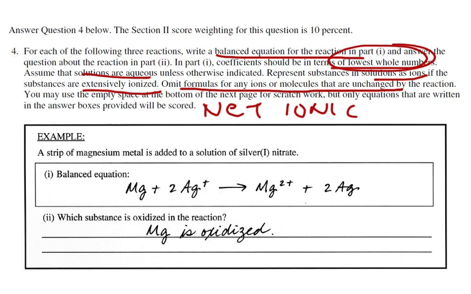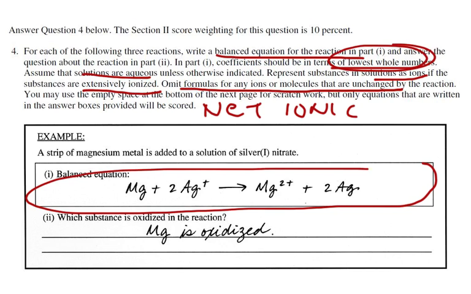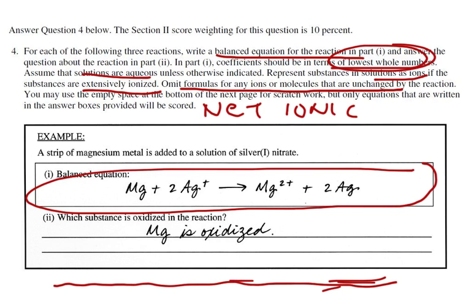It also mentions that whatever you write is going to go into this box right here. Some people I've seen try to do all their work, the molecular and ionic and net ionic equation, all in that box, and that's really hard to grade. So the idea is that there is room down here, so go ahead and do all your scratch work here,